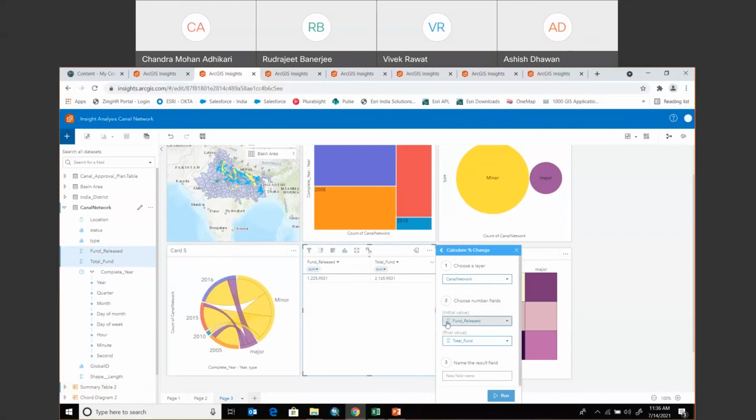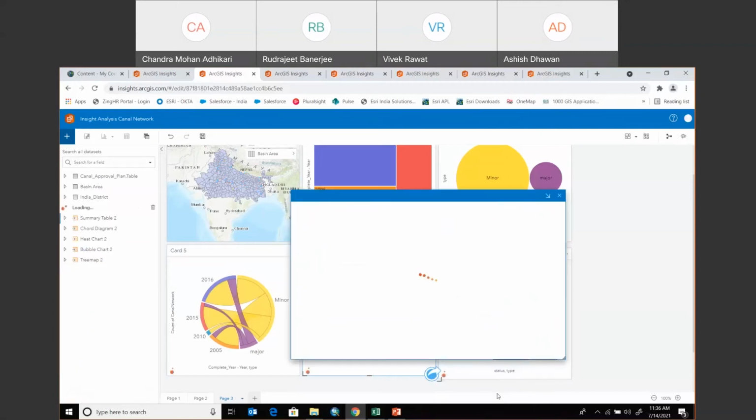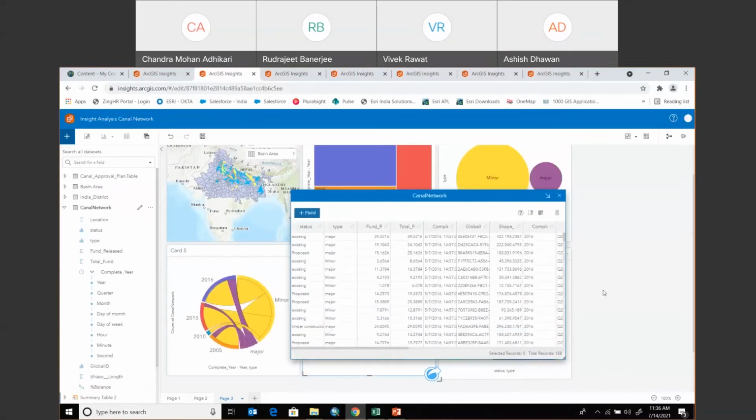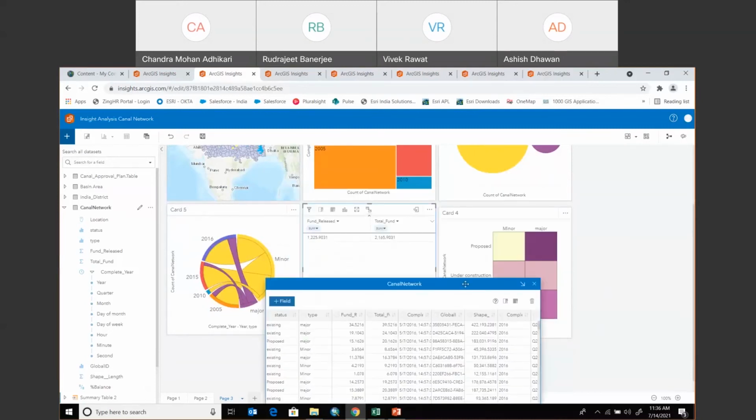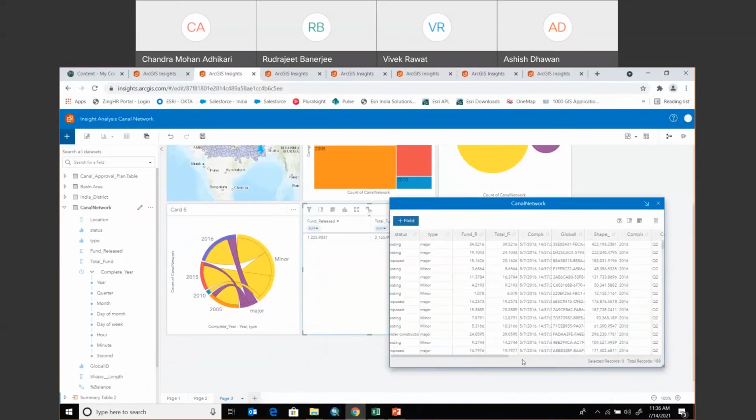The number of fields this time will be the fund release and the total fund, and let me give a field name, percentage balance. Okay, so run it. It's going to create a table for me which will give me, project-wise, what is the fund still needed to be released, what is the percentage of that fund, to be very specific.